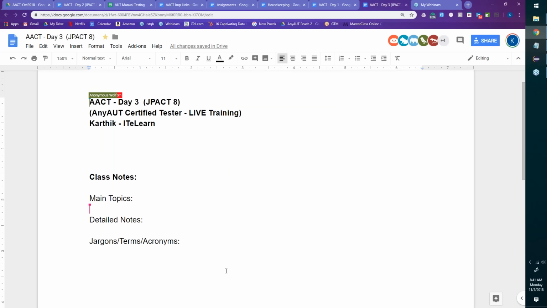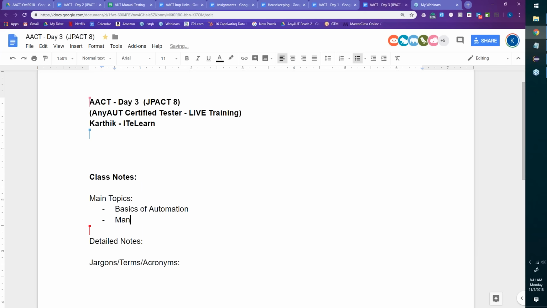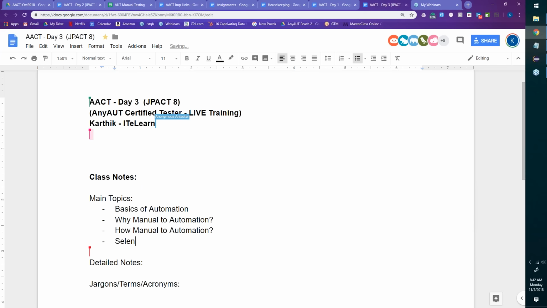First of all, we'll talk about why manual to automation. And the next one is how will we do manual to automation? And finally, we need to talk about Selenium IDE as an automation testing tool.